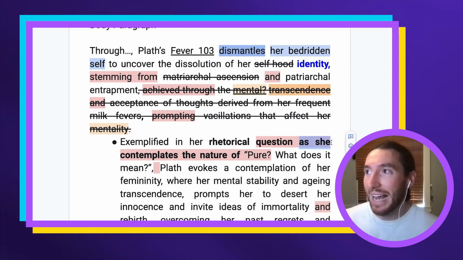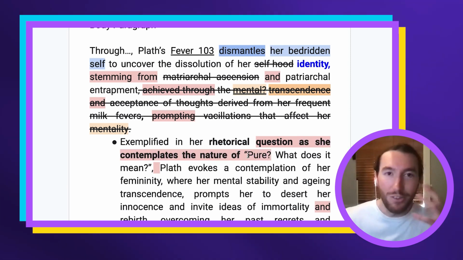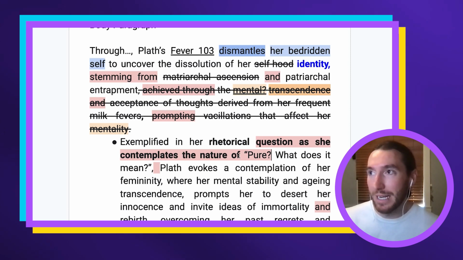Look to add in words like "as" and then a word like "of" before a word like "pure." You have to practice with this and get used to different examples to get good at it. But here's an example of how you can create a seamless transition there. So we can get rid of the comma or the colon altogether. Okay, that's going to help improve the sophistication and the flair of your writing. After all of that, we add the comma here. Plath evokes a contemplation. Well, we now would have to change that because we've said "contemplates" there, but we would just use some kind of synonym there.